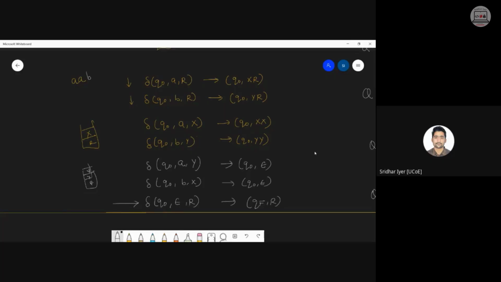Even if you don't add a loop, it doesn't bother. That is what I'm saying, Ayush, because see this condition. If Q0, A on X, it again comes back to Q0 only. So it is self-sufficient, it is itself a loop, right? But still you can add one loop if you want, just to avoid any confusion, because we know that those are inherently loops only.